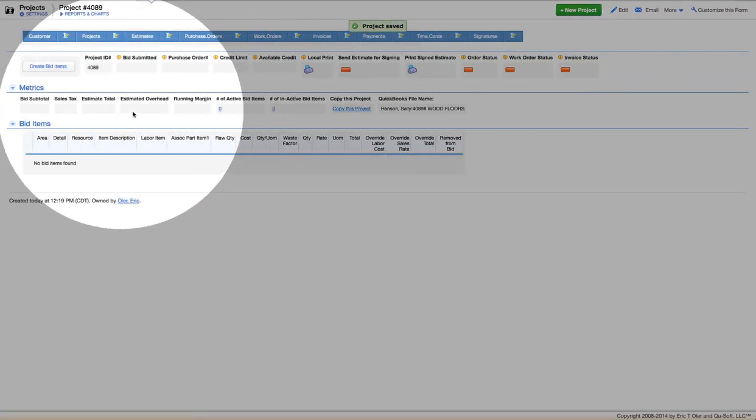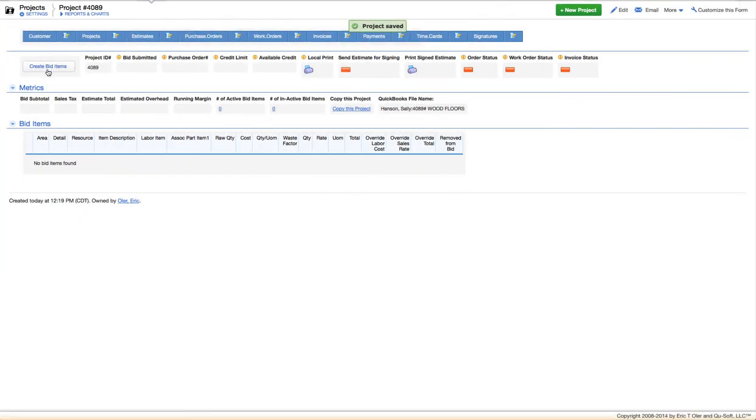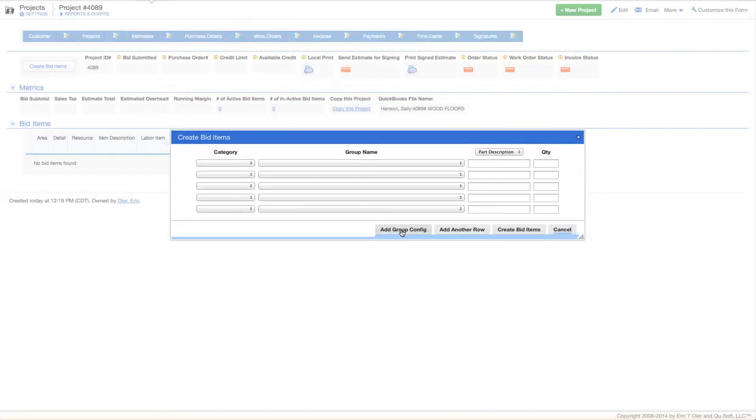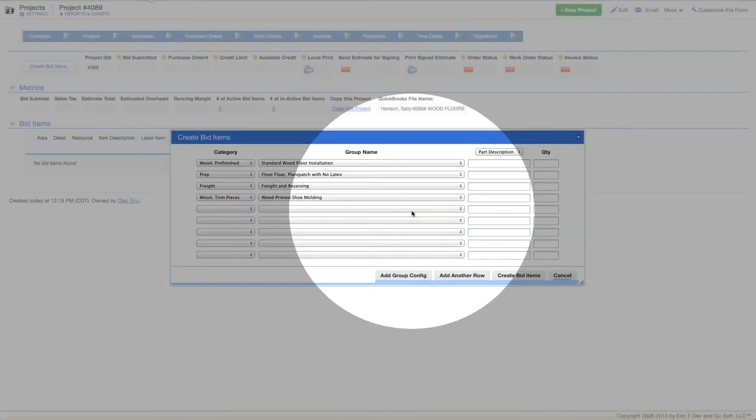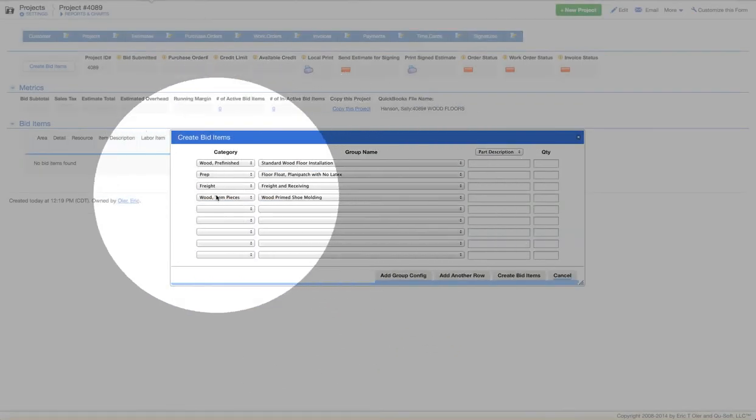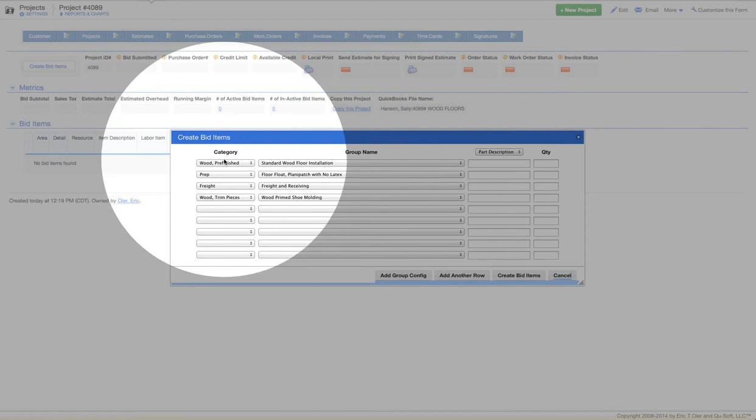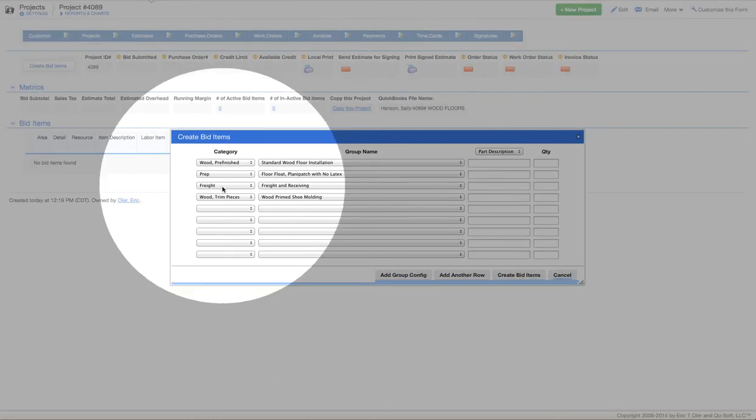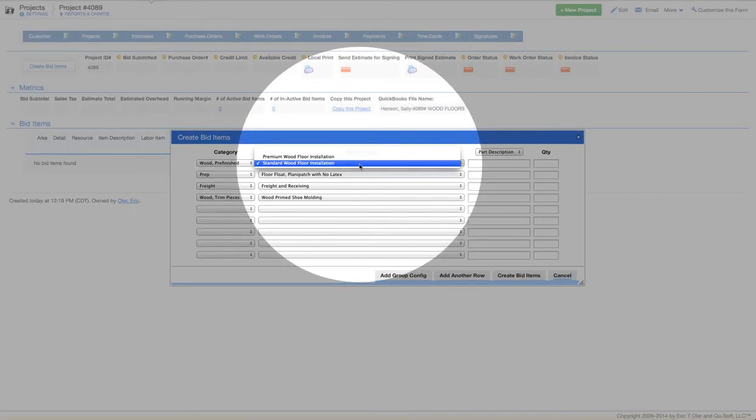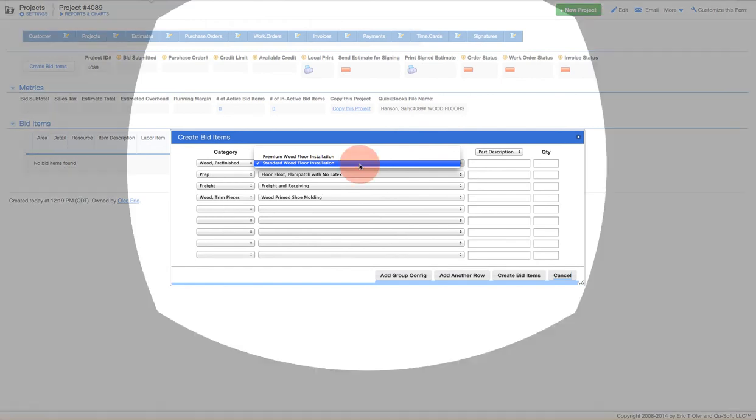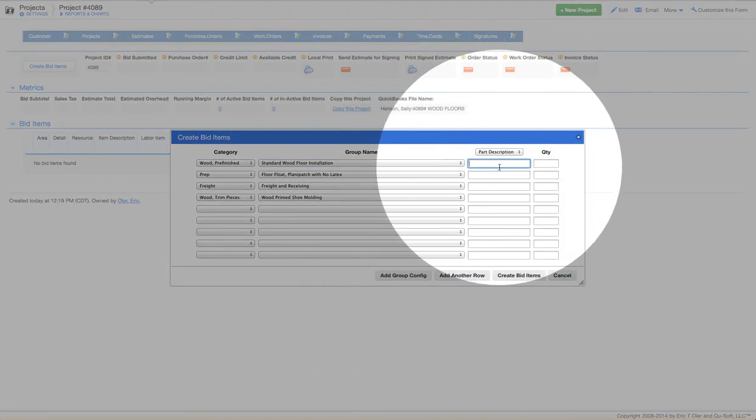As soon as I hit save, I'm viewing all the key information, but most importantly, I can see the create bid items. I'm going to click on that button, and now I can go in and add a group configuration and go pick line items that I want to create. So now I just loaded many line items at once, and from the category here, the group name, which I can see all the options if I need to change something, and now I can create and add my primary